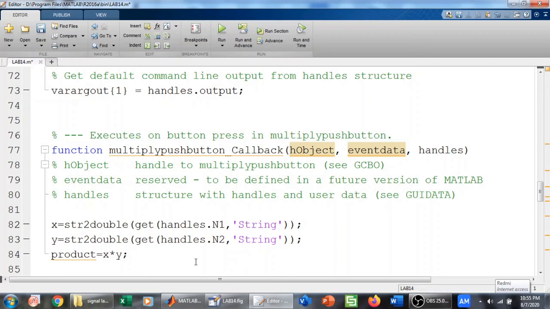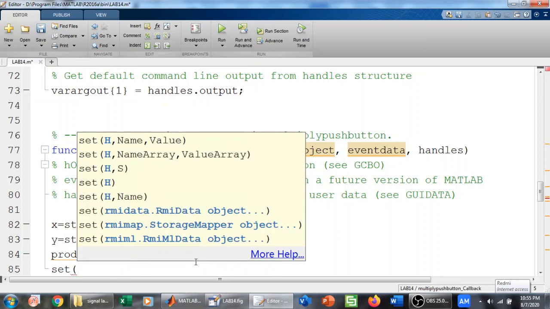Fine. To do that, I have a function called set. So to give some value to the MATLAB static text or something, we use the set function, and to get some value from these tags, we use the get function.